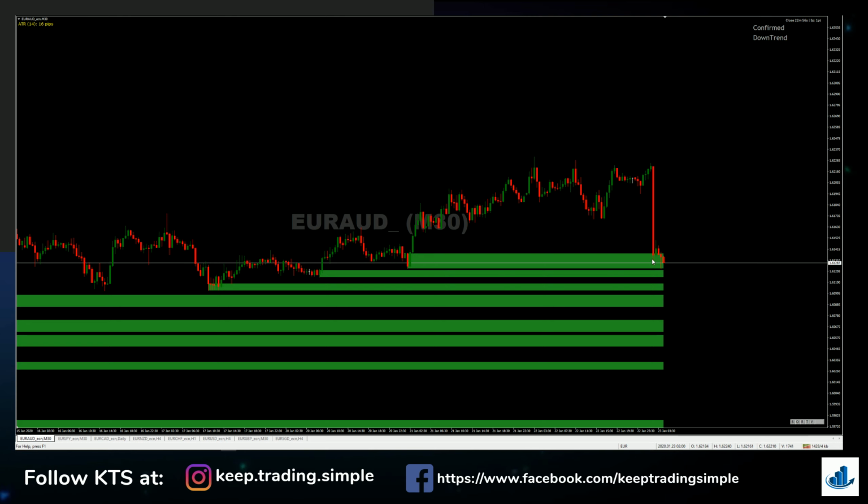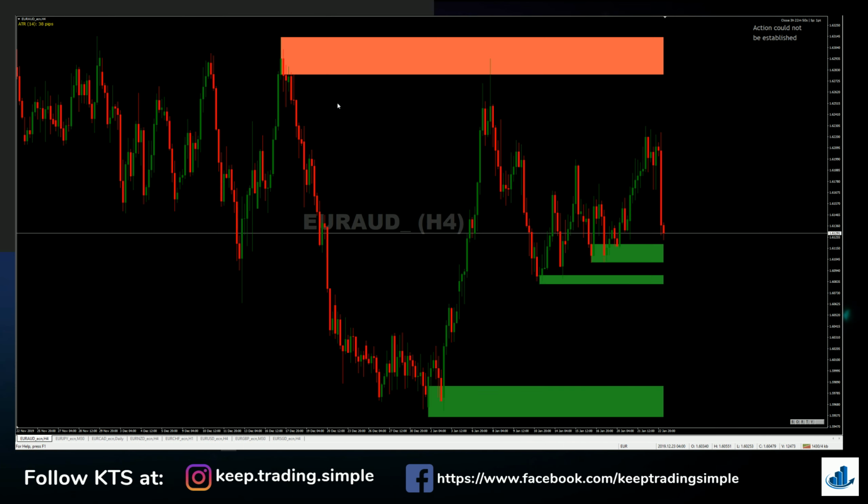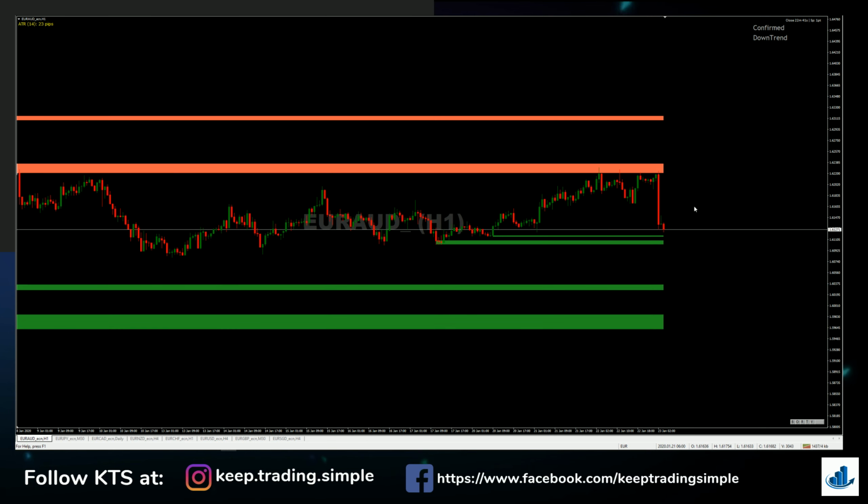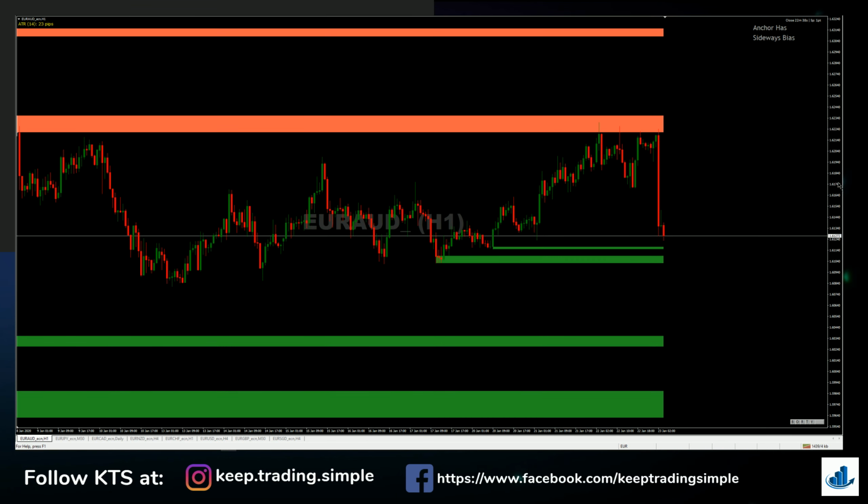Again, it stopped where it was supposed to, right? We had a zone here. It came down. It blasted the zone. Question is, could we have timed this one correctly to grab it on the top side? Probably not, just because, I mean again, it was sitting in an area of supply, but finding a good zone in it would have been probably the issue. That one wasn't bad on the